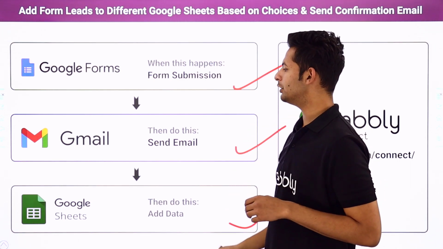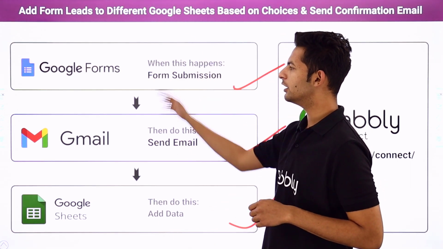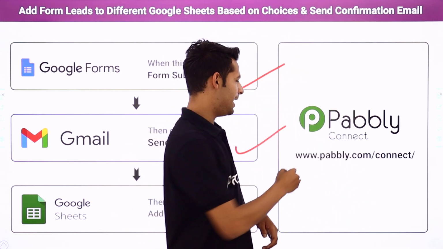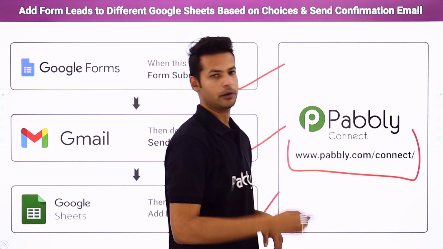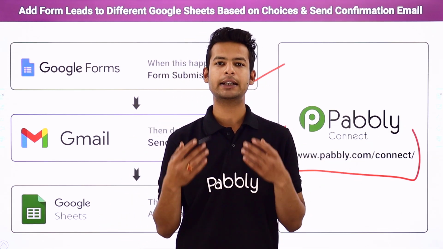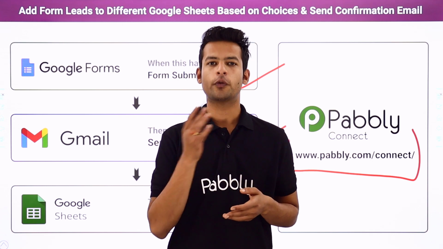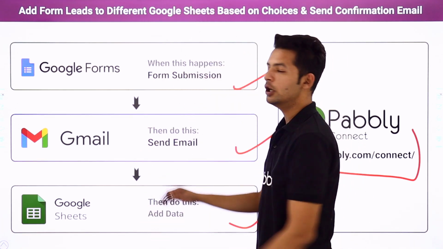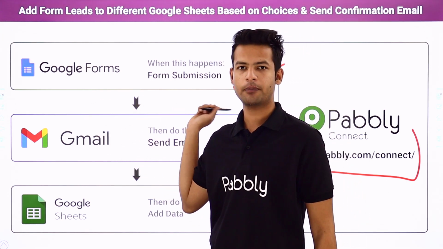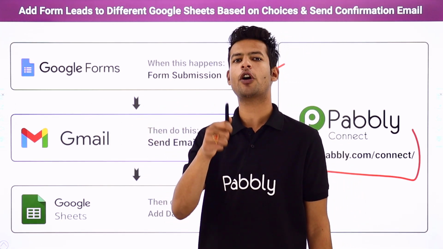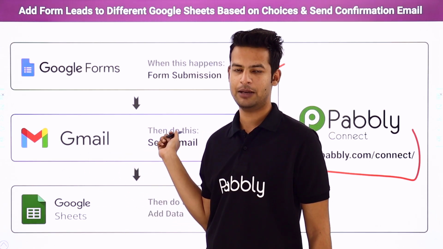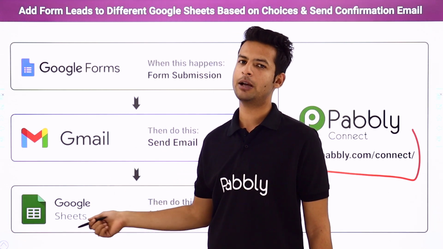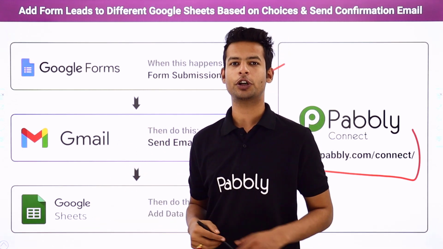The problem is there is no direct integration or link between these three applications. So how have I performed the automation? Let me tell you. With the help of Pabbly Connect. Now you will say, what is Pabbly Connect? Pabbly Connect is an integration and automation software. It will help us link all of these applications together, so that every time the customer fills up the form, on successful form submission, automatically they will receive a confirmation email, and automatically again the data of that customer will be captured in the particular sheet according to their choice of book.